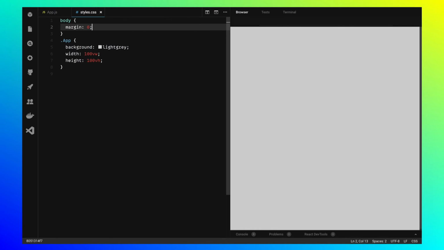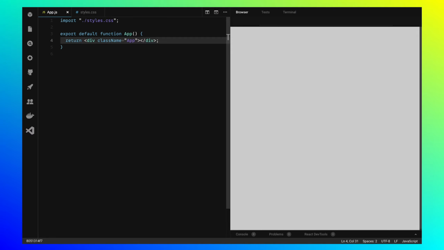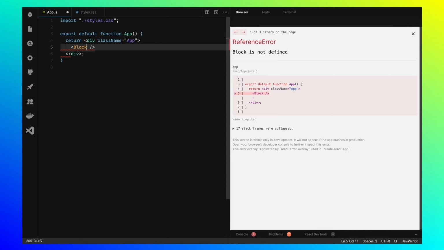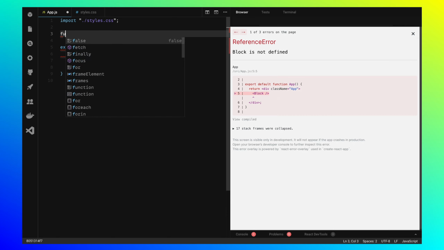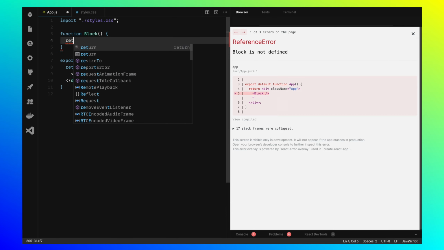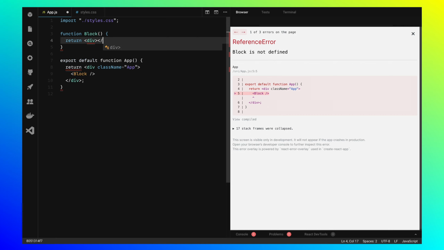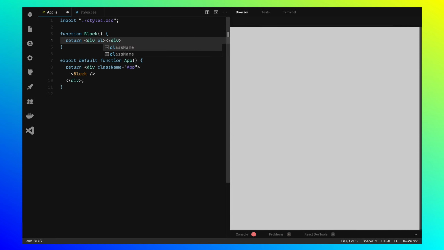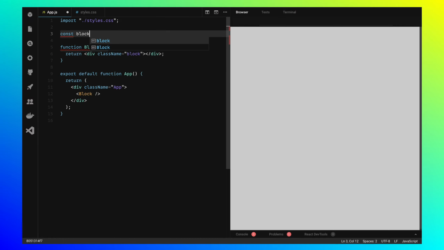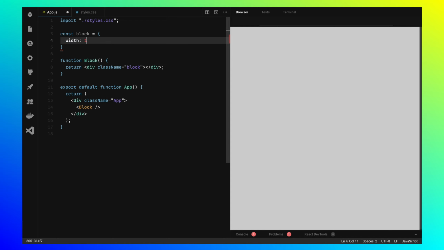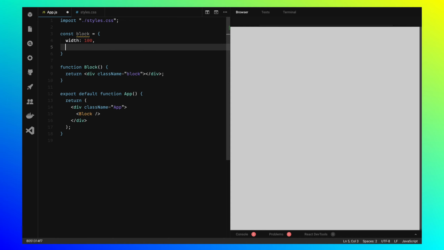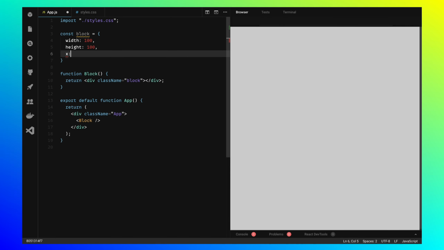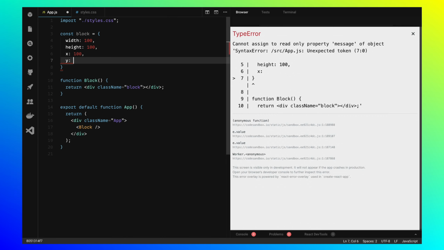So now we can add a block, an actual shape that we want to render, and it's gonna be just a black box. We'll name it a block component. We'll add a new function, call it block, and it will return just a div. Just a tiny div with a little bit of styles, and then we will put more behavior on top of it. I'll give it a class name block. And let's put together the default shape of a block. It's basically a data structure that represents a block. It will have width, height, X and Y coordinates. That's all we need. That's the minimal setup.